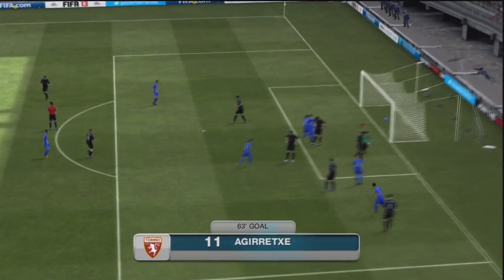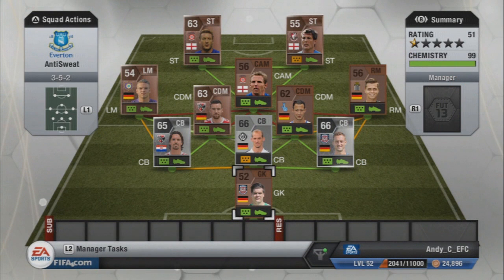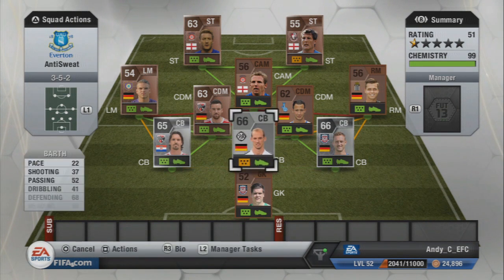So this was kind of enlightening for me, as it wasn't really getting done by the pace and the 1-2 through balls over the top, which I thought it would be. It was more just running down the line and crossing it in, and there's nothing really that I can do about that at all. So what we went and did was go back to our club, and we had a little look at the team,